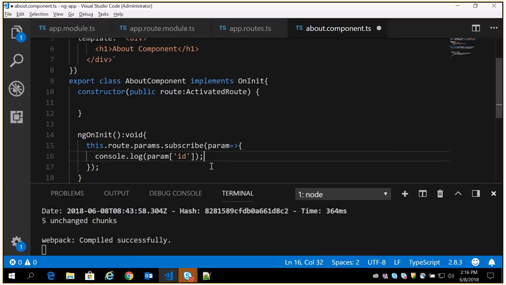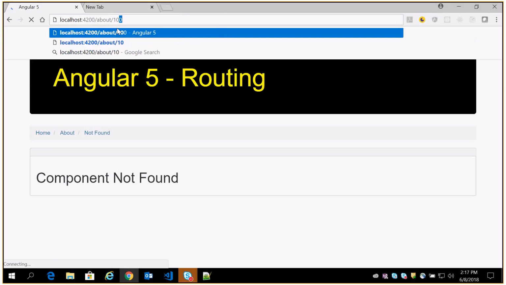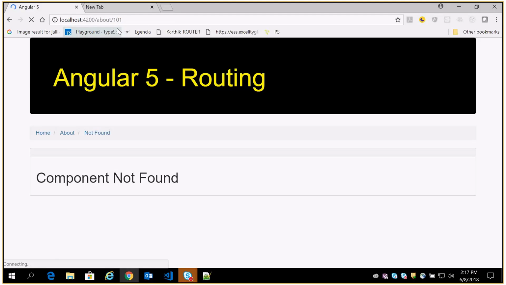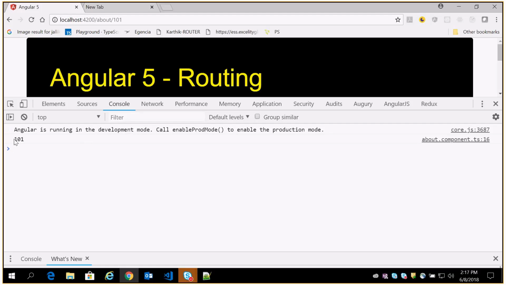So when the component is initializing, it's just going to take the parameter that we have passed as a path parameter, and I'm going to print it in the console screen. Let me just check it out. F12. In the console, you should see that it prints the data. Have you all understood?